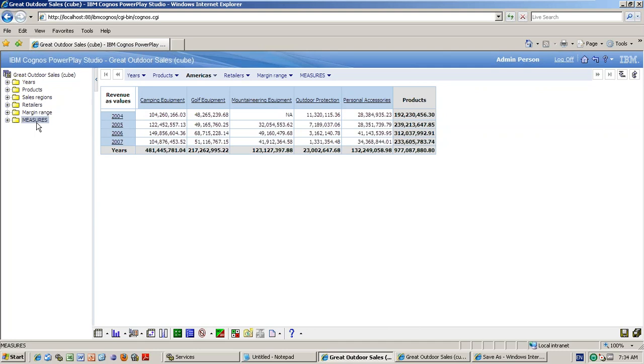Yeah, till now any questions? So this is the save button. That means if you want to save once again under the same report name, or if you want to save with a different name in Analysis Studio. Sorry, Power Play Studio. I have a question. Yes, please go ahead.